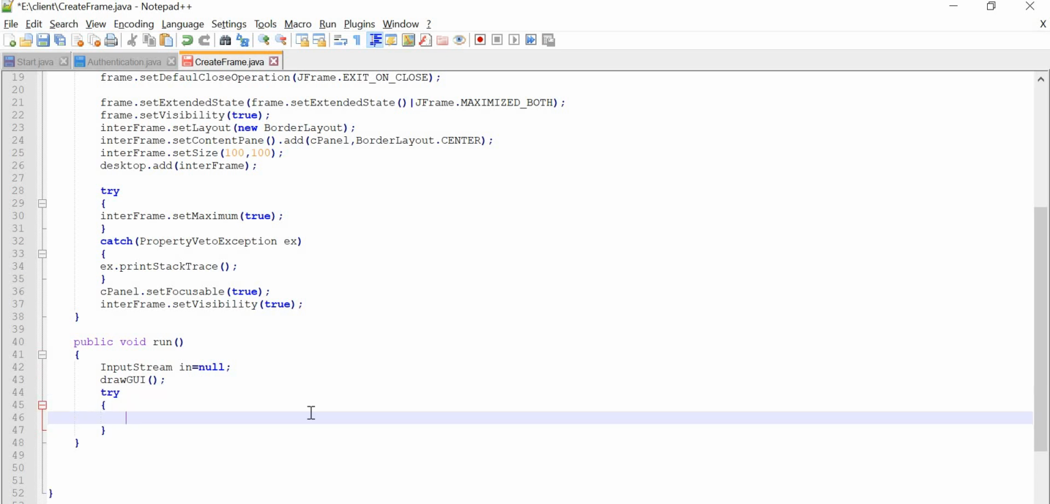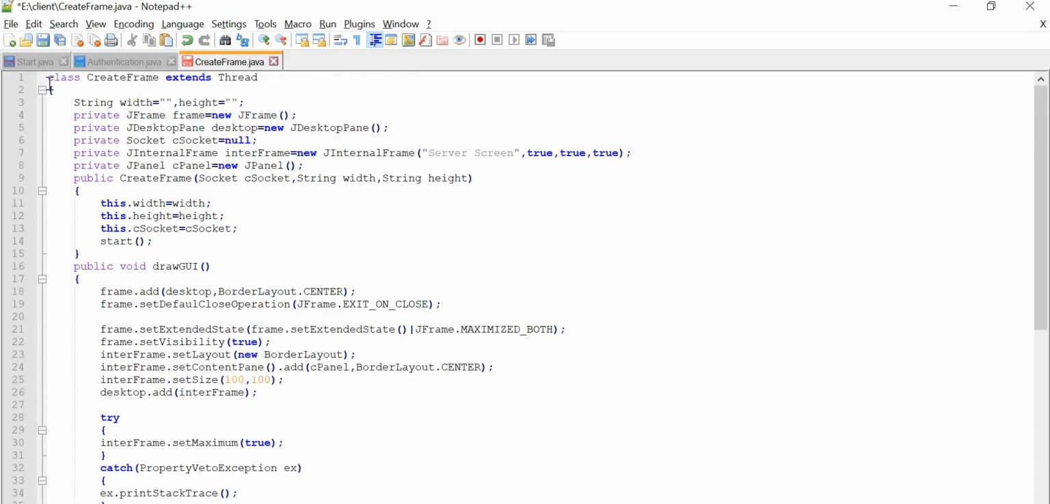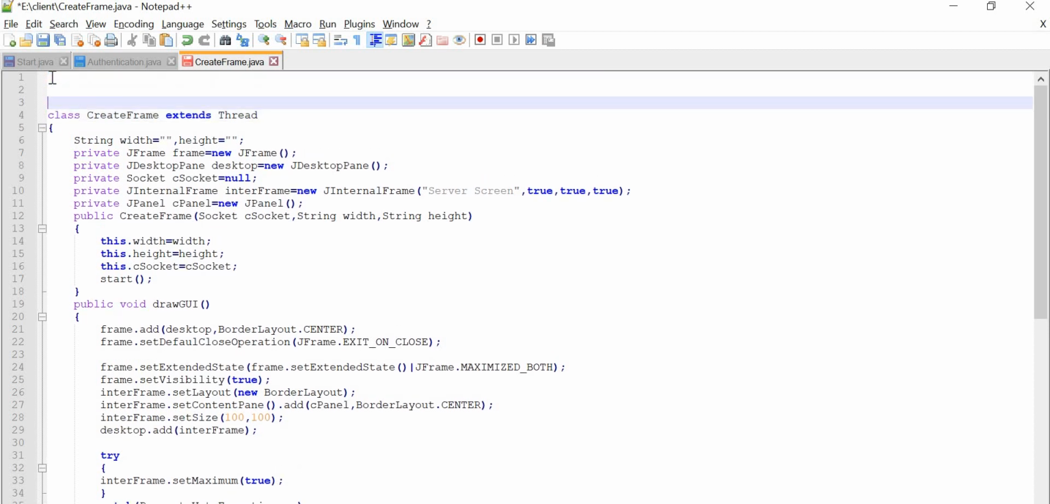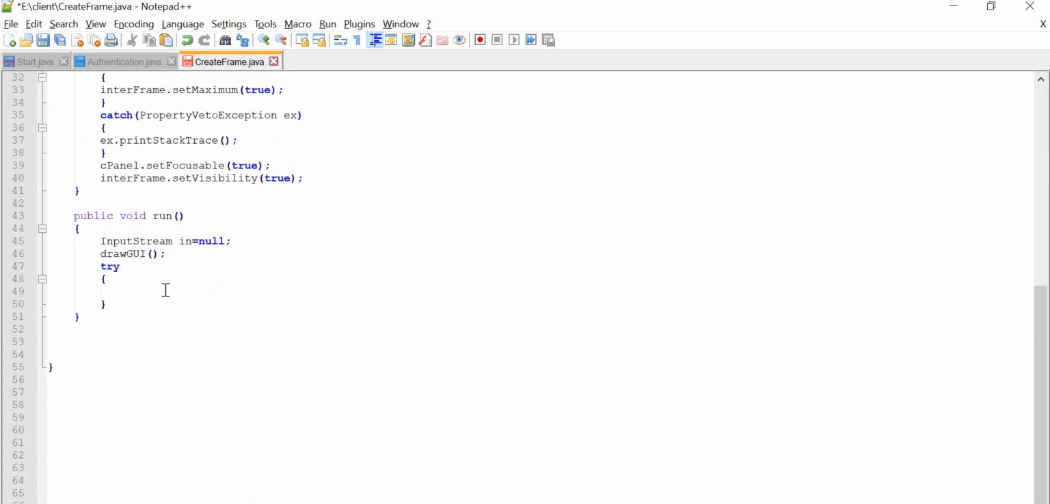For this we are going to use a try and catch block, because this is related to input stream and output stream. Okay, we have forgotten to give our importing details, so let us give the import statements. First of all we will write this try and catch block, and then we will give the imports. So in equals, we are going to get from the socket,